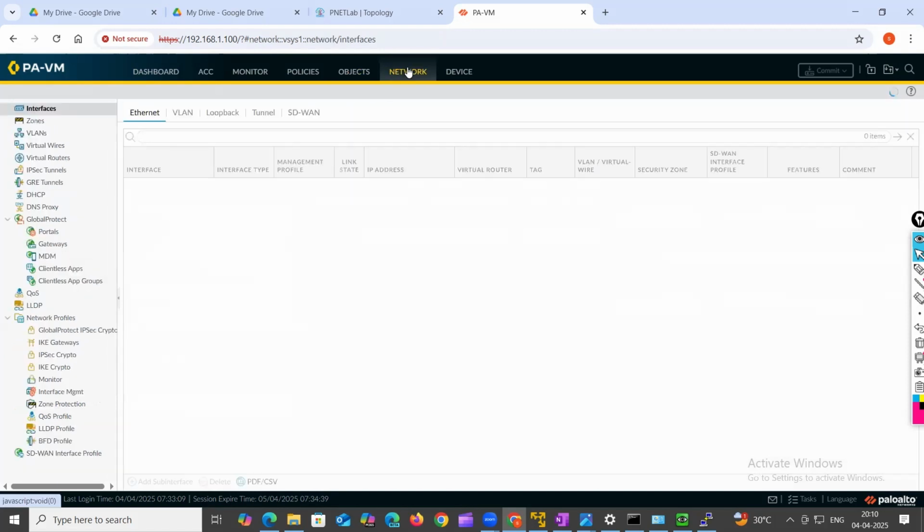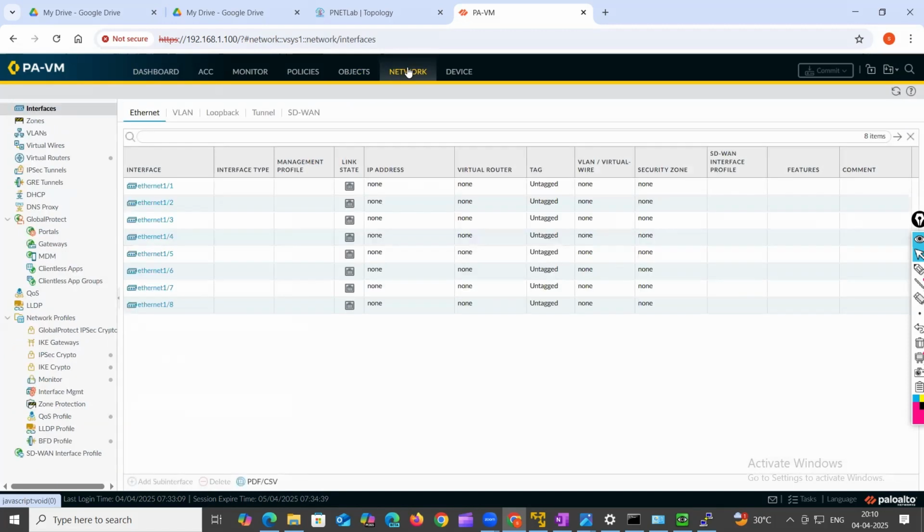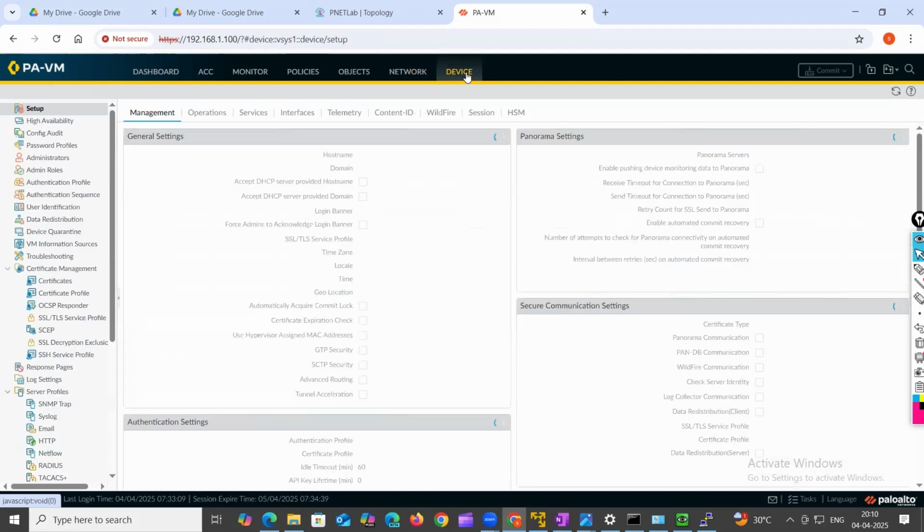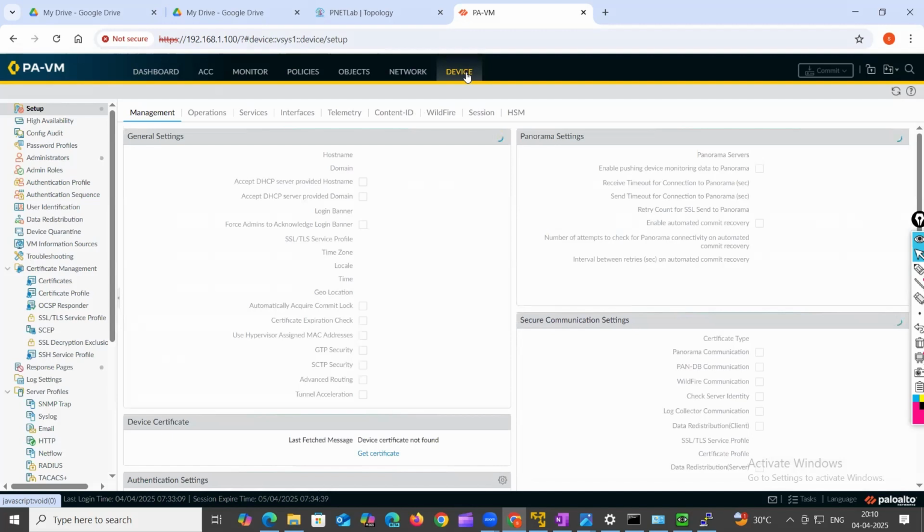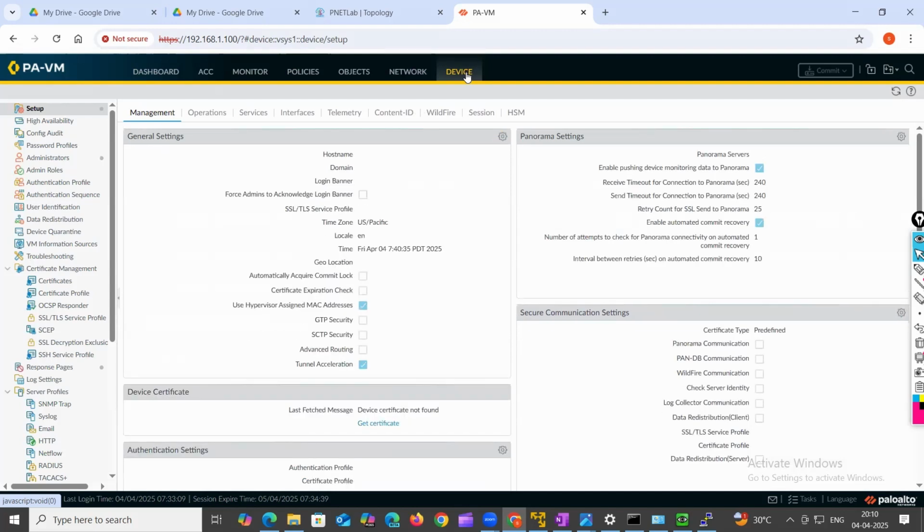And if you want to handle your L3 based features like routing, interface configuration, VPN configuration, right? Everything you are going to configure under the Network menu. And anything regarding your device-wise administration, like taking a backup, configuration management, creating multiple admin user accounts, admin privileges, administrator management, right? So device-wise